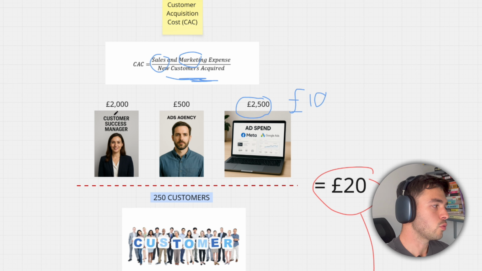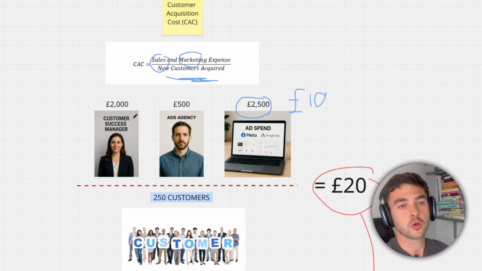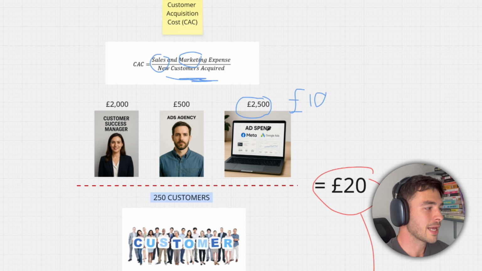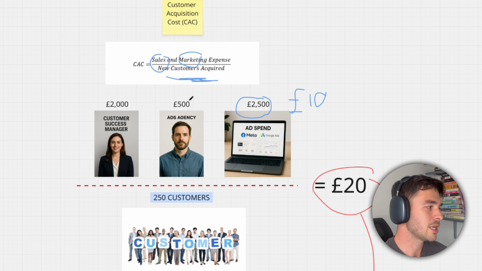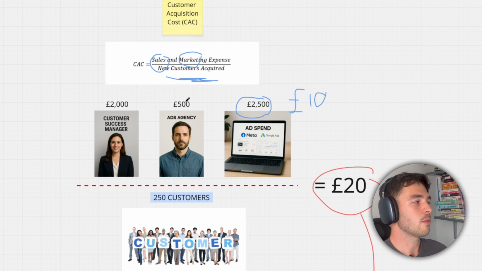So for example, you may have a customer success manager who deals with all customers, post-sale, customer service. That is effectively related to your sales and marketing department. Also, the ads won't run themselves. If you use an agency or employ someone in the business, we factor that in as well. So this gives you a more fully loaded understanding of how efficient your marketing and sales department is for your